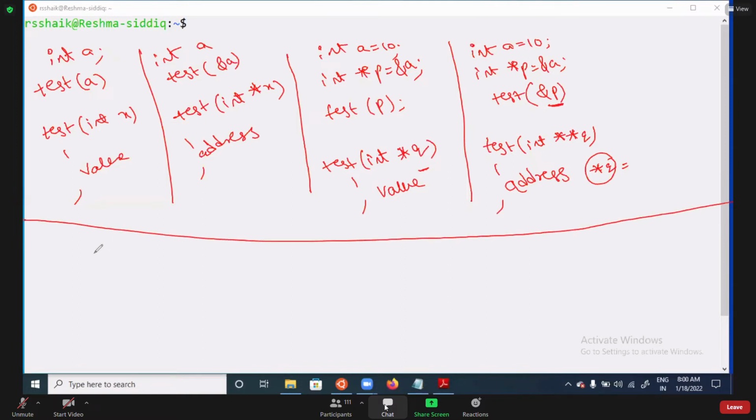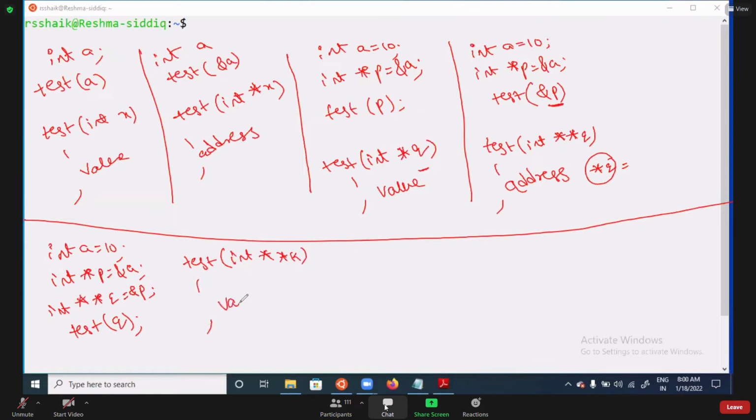Next, int a equal to 10, int *p equal to address of a, int **q equal to address of p. If you pass q to test and collect it with a double pointer, then this is call by value.